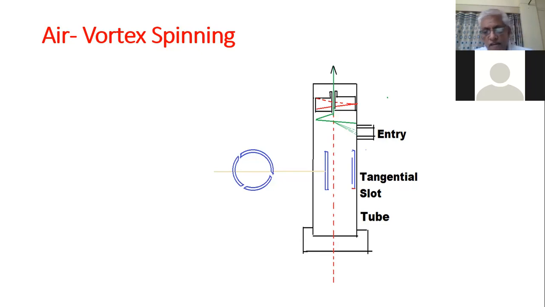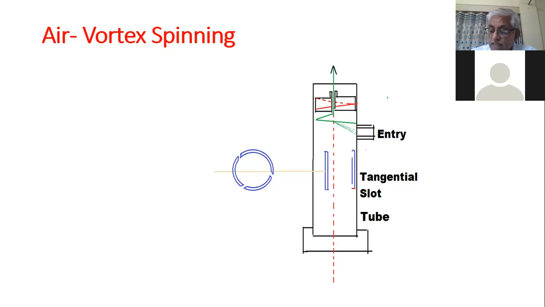The properties of the yarn which is produced by this air vortex spinning, the salient properties are low strength with variation in twist, or you can say twist variability, rough surface also. So yarn is having low strength and rough surface and twist variation also. That's why we cannot make very high quality fabrics from this. So these type of yarns can be used for undemanding woven goods where quality is not a strict requirement.